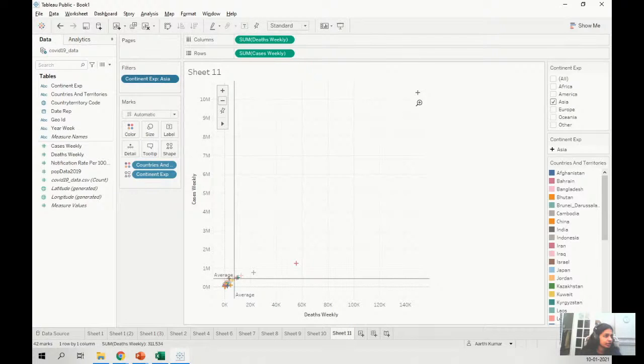Sorry, let me unselect this. Yeah. So this is India over here. And then you have Iran. And then you have Indonesia. And if you look at other countries,